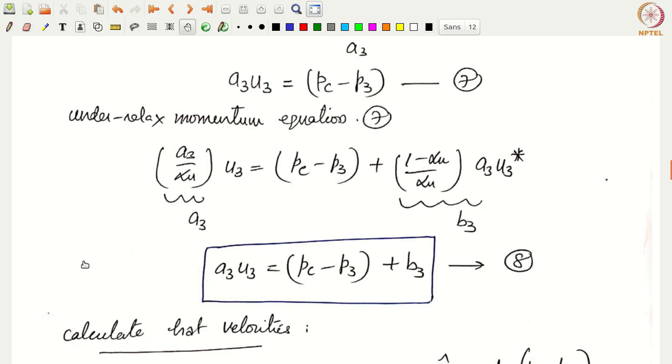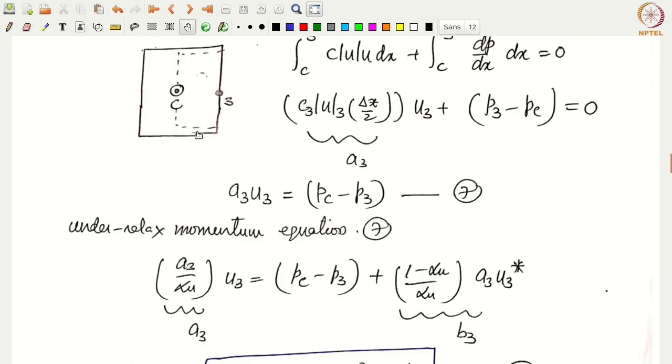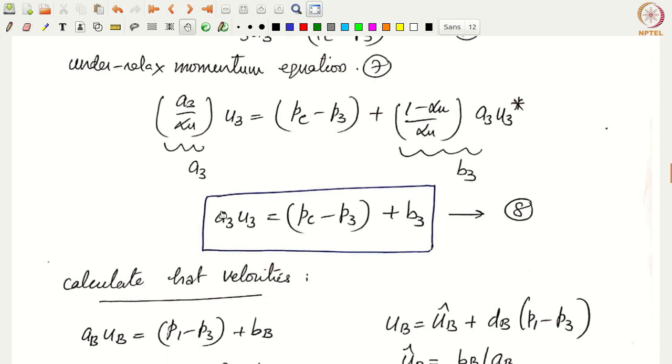Okay, so now equations 8 and 6 that we have derived before, these two equations now relate the boundary pressures to the cell pressures with the boundary velocities. That means we got a relation between the boundary pressure and the adjacent cell pressure in relation to the boundary velocity. These are required in order to update the phase pressures from the phase velocities that are given, and the cell pressure that we would calculate.